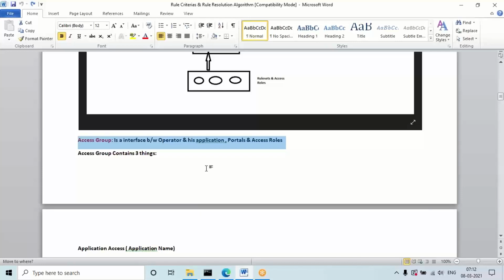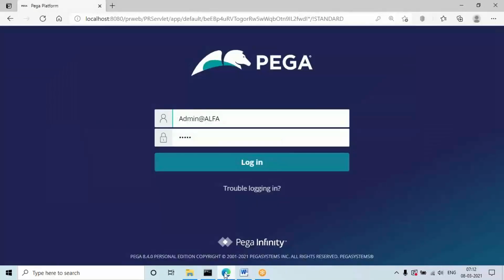But in real time when you work, sometimes module level access will be given, or some division level access will be given. All that comes under the rule authorization process, which is nothing but the access group. Where do you see this access group option?